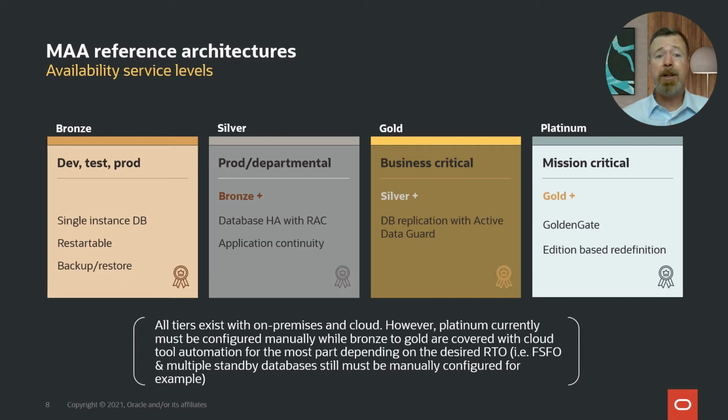And then as we build that out to our more critical production apps, maybe customer-facing applications that are business critical, we build on that to Gold. And when I say build on that, notice the Bronze plus, Silver plus that you see in these different tiers. They're built on one another, supersets of one another. So we're constantly building out. In Gold, we have disaster recovery in the picture. We have a redundant site that we can fail over to, protecting us from any kind of site outage. And then Platinum, for those that require an RTO of 0 and an RPO of 0, Platinum's where it's at. And these take into consideration both planned maintenance and unplanned outages.